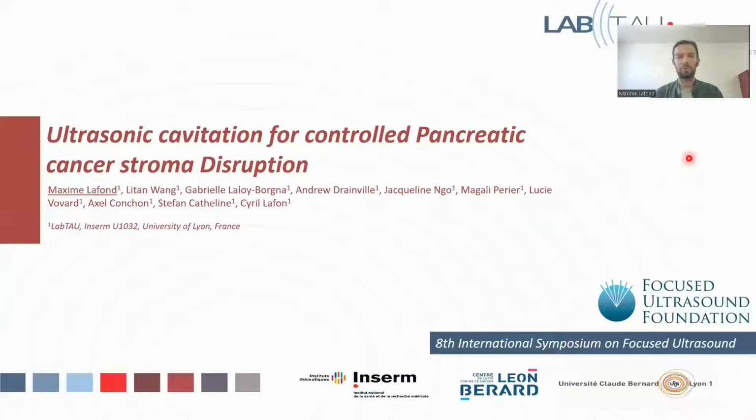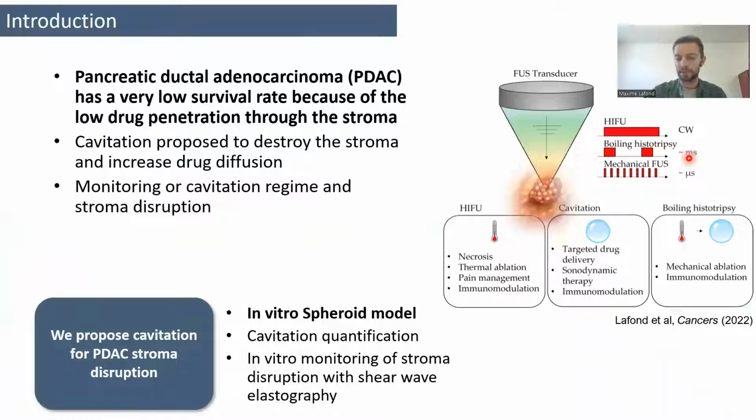And today I'm going to talk about ultrasonic cavitation for controlled pancreatic cancer stroma disruption. Pancreatic cancer is a very aggressive form of cancer, and the survival rates are very low, notably due to the low penetration of the drug through the tumor stroma. Ultrasound has been proposed with various mechanisms, and the mechanism we want to develop is to use cavitation for disrupting